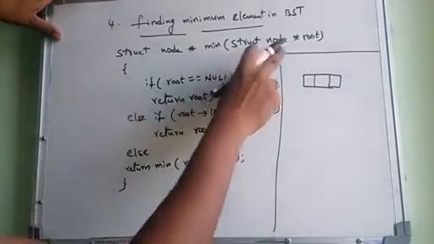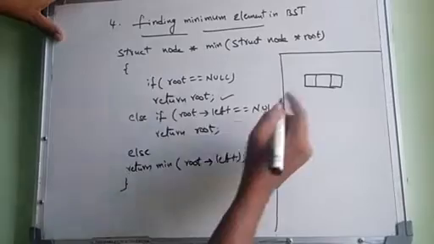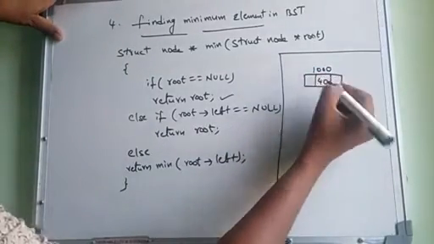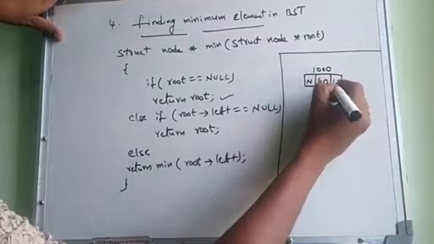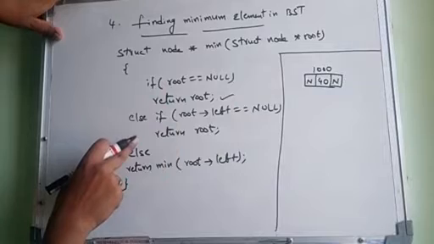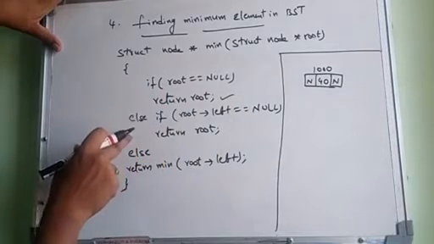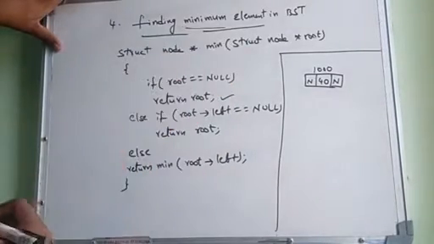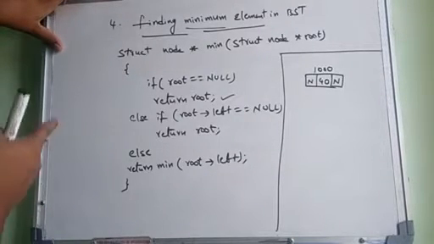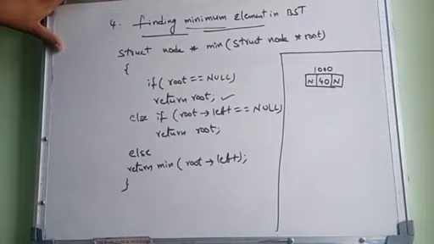Next, second, what is the input here? Address. Next case, suppose initially the first root address is 1000. Suppose the element is 40, there is no left child, there is no right child. If the condition is false, next go for else if. Which element do we want to find? Minimum element. In a binary search tree, the minimum element is only present at the leftmost, and the rightmost has only the maximum. So now only focus on the left side, the leftmost of the binary search tree, to find the minimum element.